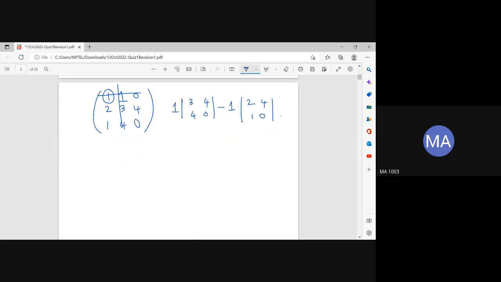Okay, if we have a 4 cross 4, we will eliminate rows and columns similarly and convert it into 3 cross 3, and then we will do 3 cross 3 by eliminating rows and columns. Okay, or instead,